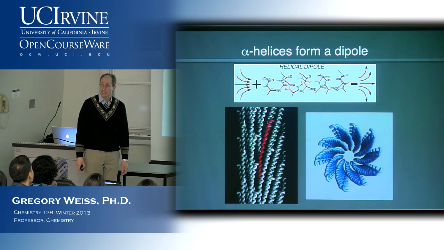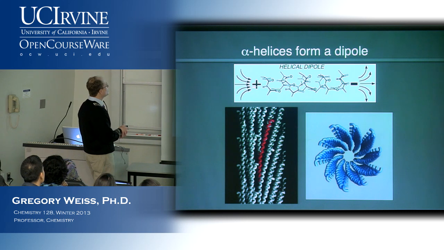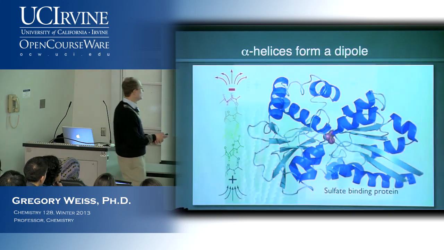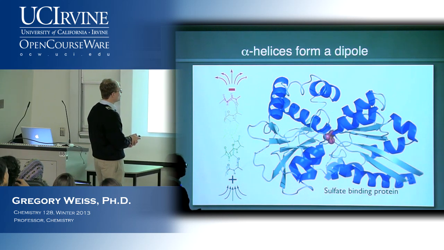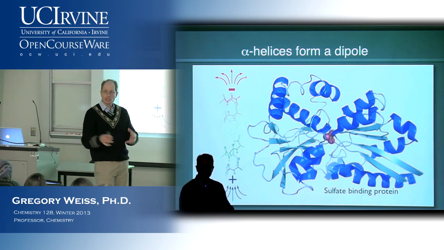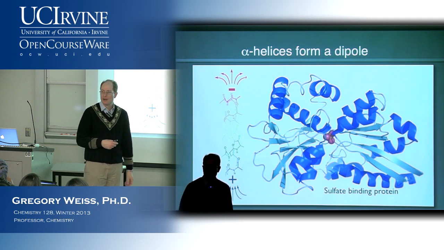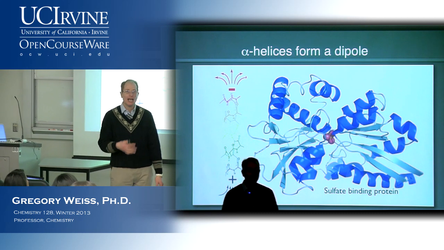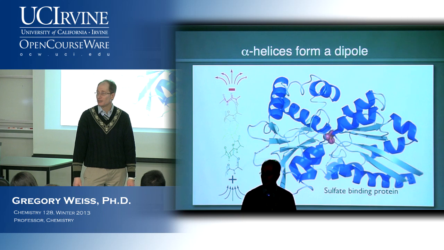Furthermore, when we look at lots of protein structures, we find that the positive end of this alpha helix dipole is oftentimes pointed at the negative charge of a functionality in the protein. And I'll show you an example of this. So here is a sulfate atom in a sulfate binding protein. And look at these alpha helices that are pointing directly at the sulfate. That extra little bit of positive charge could come in and stabilize that negative charge. We also find this when we look very closely at enzymes that have to do things like transfer phosphate functionalities, which also have lots of negative charge.